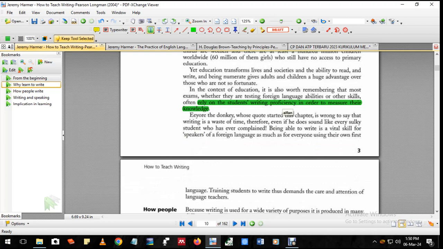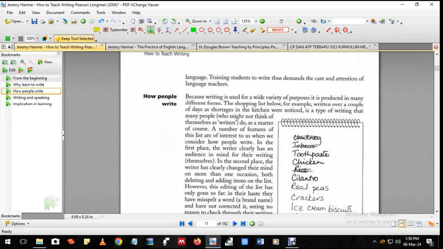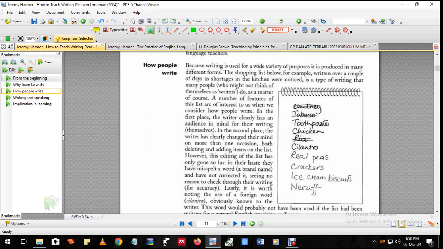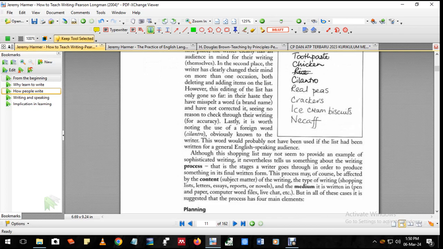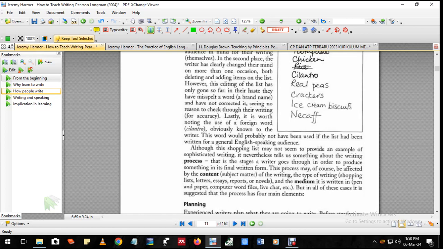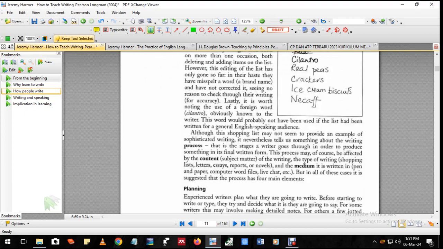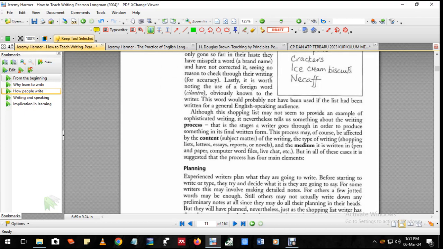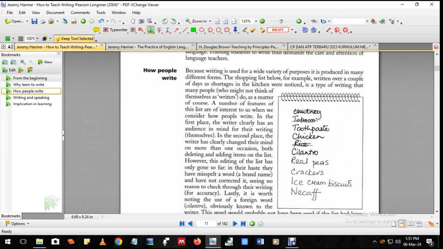So yeah, that was changed over time again here as the function of the writing, or why we need to write. And then we have here how people write. So here maybe in the how people write, maybe we can see about this example, right? So in this example we have the what's that,